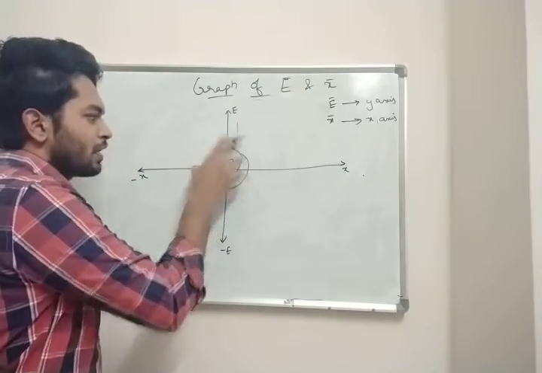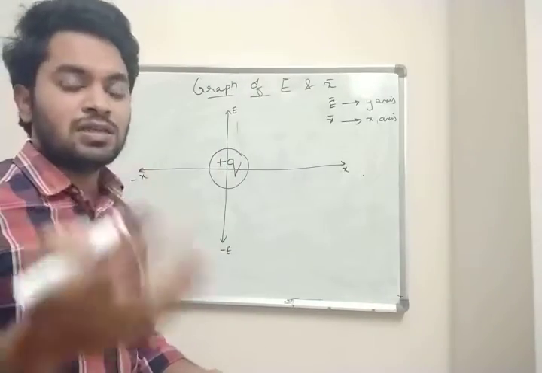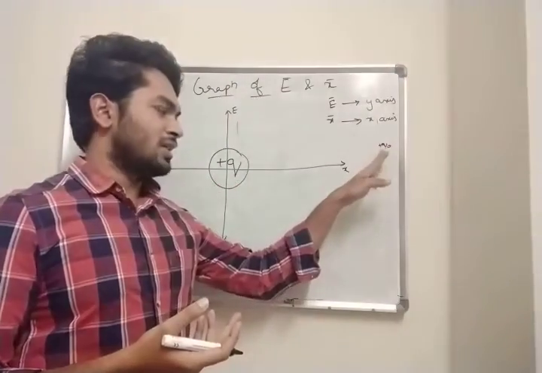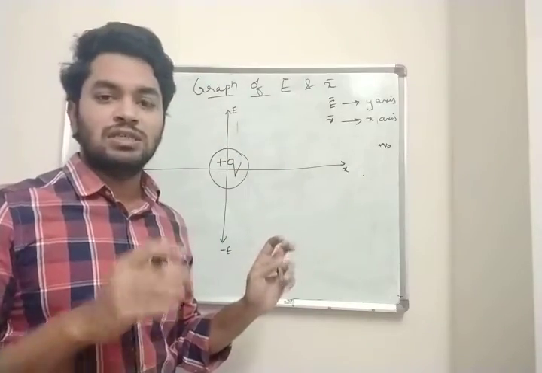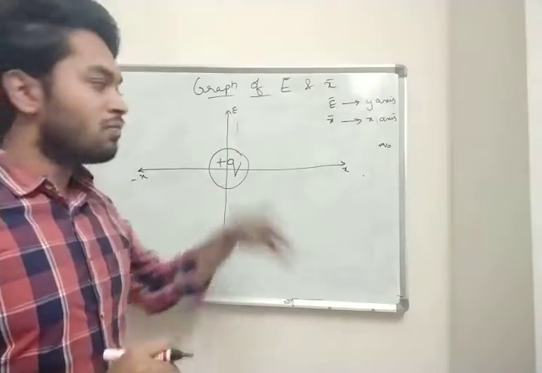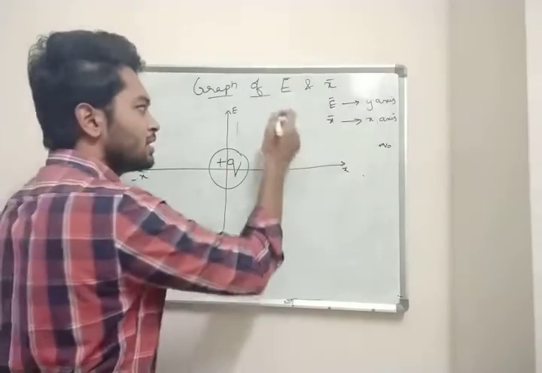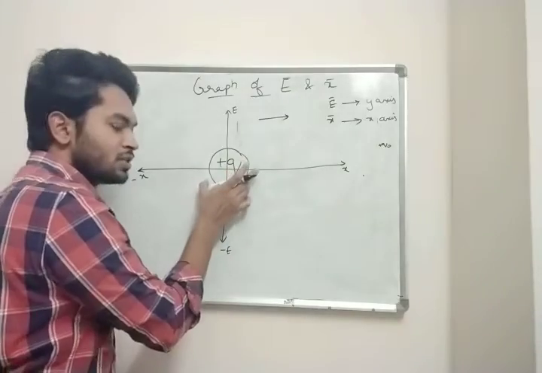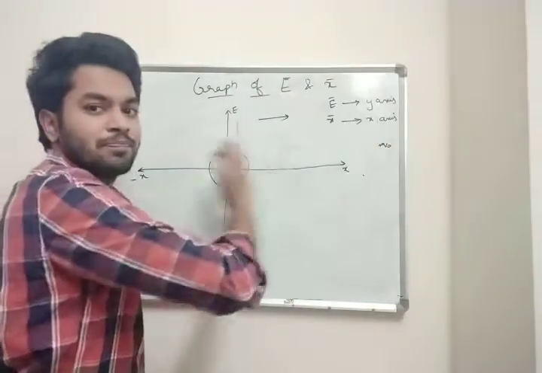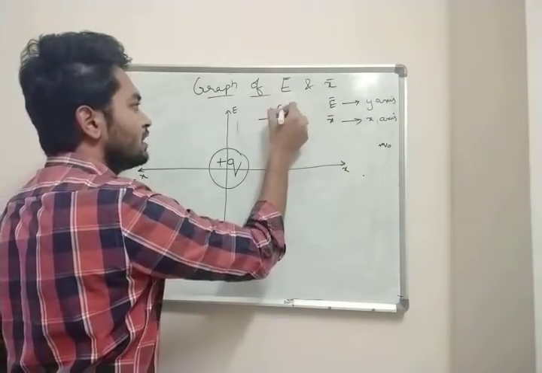Due to this positive Q, suppose I have a test charge, I have already told you, plus Q naught. We covered this test charge in our previous lecture. What is the test charge? Test charge is always positive. Now if I place a test charge over here in our first quadrant, what will happen to the test charge? Due to this positive Q, where will the electric field be? The electric field will be in the right side direction, right? The total electric field is in the right direction. So this is positive E.